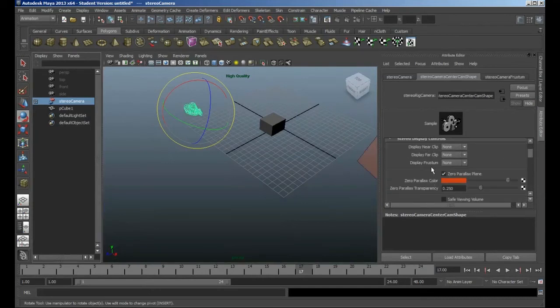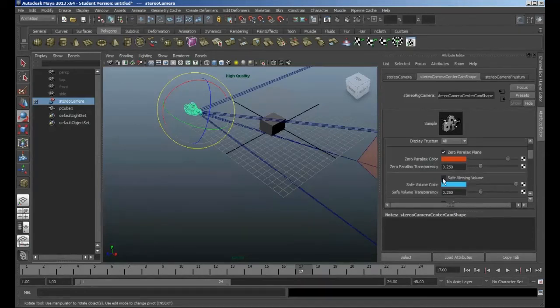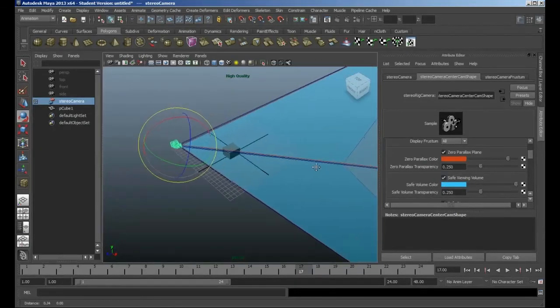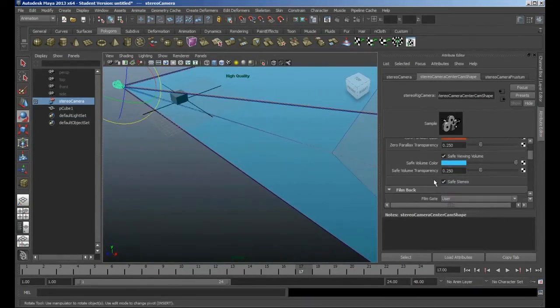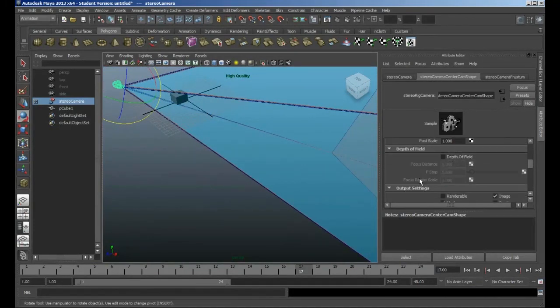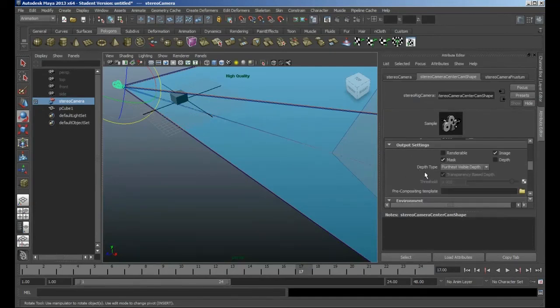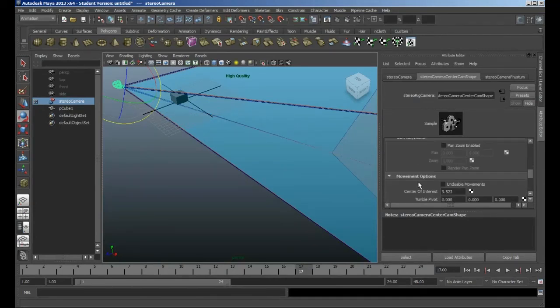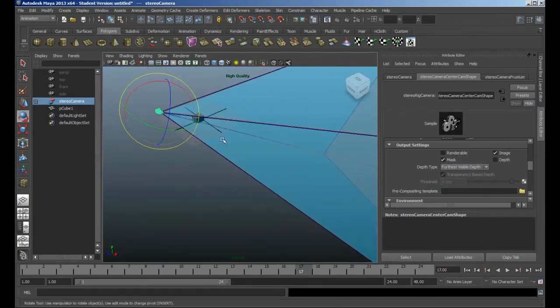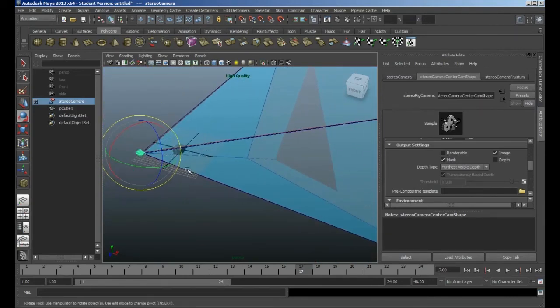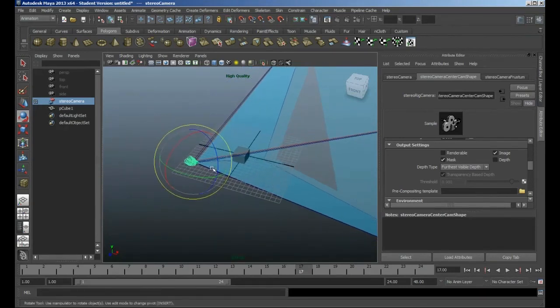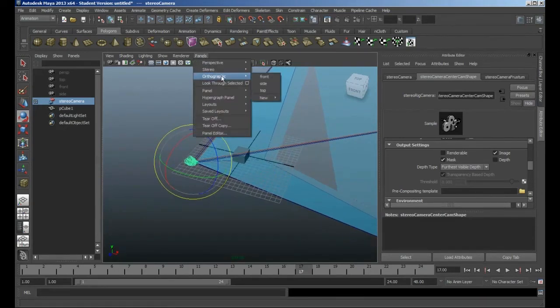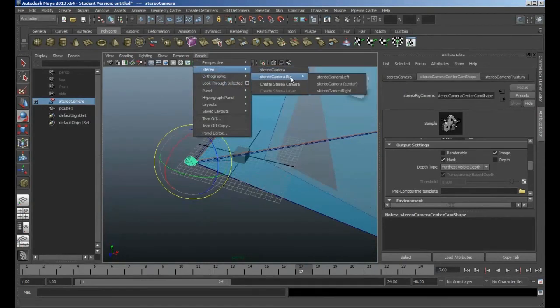So moving down, we can display different guidelines to help us work out what's happening in the scene, including this the safe volume area, telling us where it's safe to put objects in our scene if we want to. So we've got all those options down there, and obviously you can switch on depth of field if you wanted to, and pretty much all the rest of it's pretty much the same as usual. Now how to get that to render for you as a 3D kind of anaglyph shape, let's just jump into the stereo camera rig,